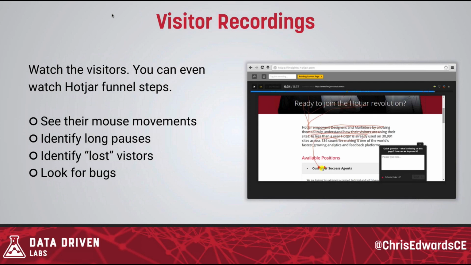Visitor recordings is another way that you can actually watch to see what's going on. This is really good: you see their mouse movements. You can identify where they're pausing for a long time. You can identify lost visitors. Those are the people who just keep moving the mouse around. This is one of the ways we figured out that the I agree button was an issue, because we saw people get the error in the visitor recording that showed, hey, can't find you, or you need to agree to the terms, and then we just watch their mouse